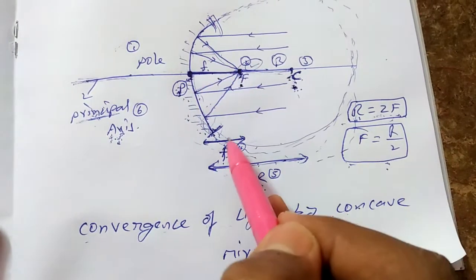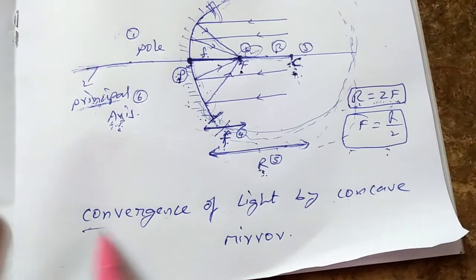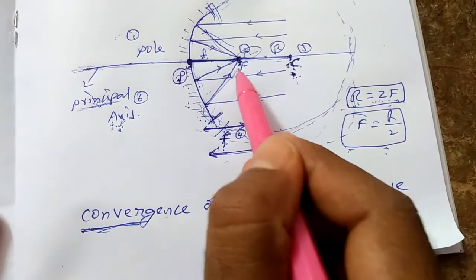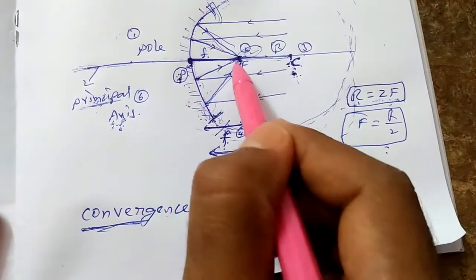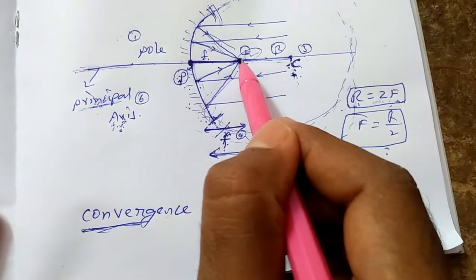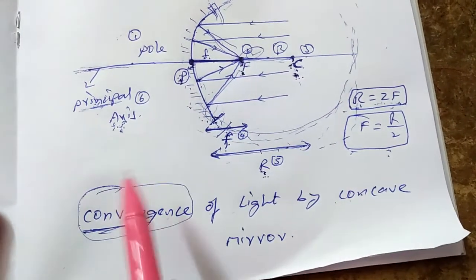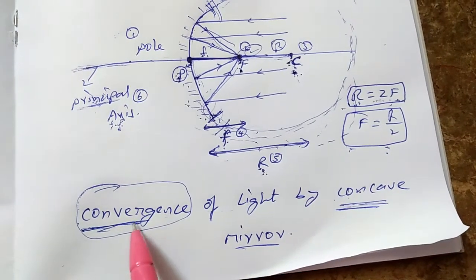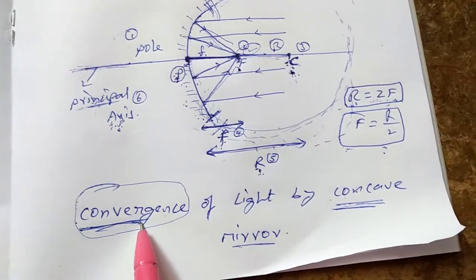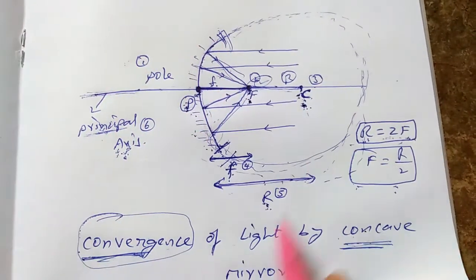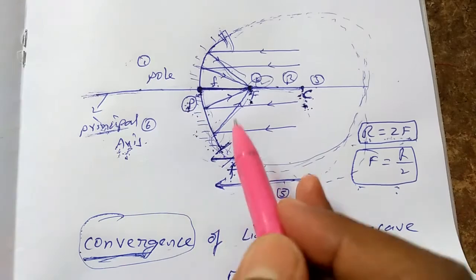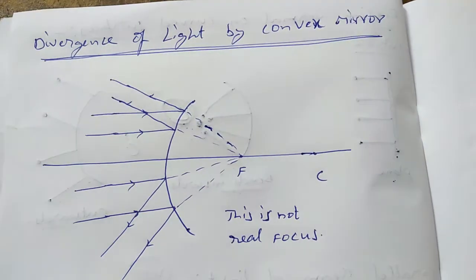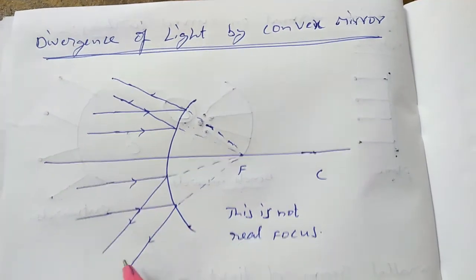So in a concave mirror, we can observe the convergence pattern like this. All the light rays will meet at a point. This meeting of all light rays at a point is nothing but convergence. That means in a concave mirror, we can observe the convergence pattern of light. All these 6 definitions can be discussed for convex mirror also. How can we draw the ray diagram for a convex mirror?